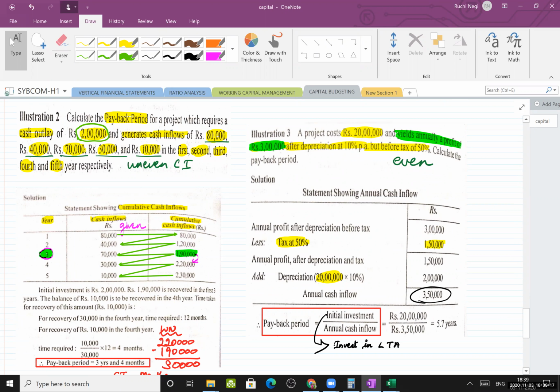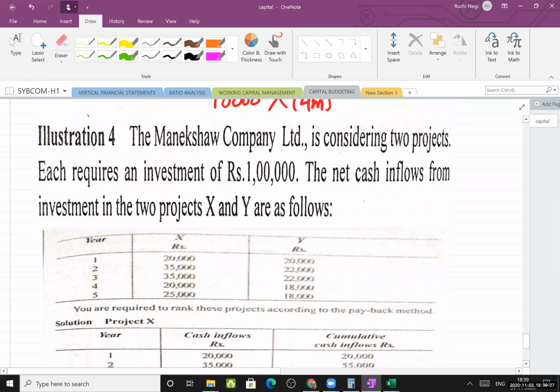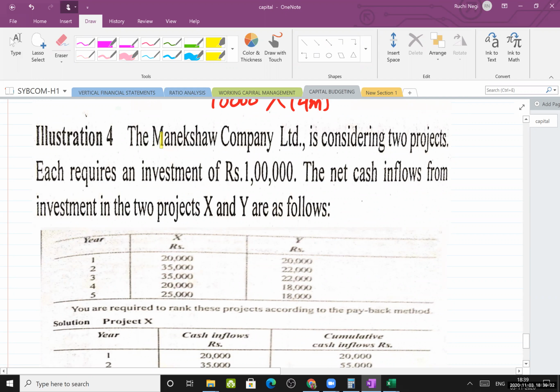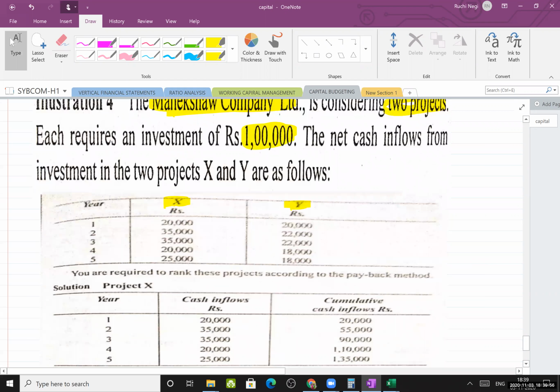Now just look into this question. Manik Shaw Company Limited is considering 2 projects. कौन से projects हैं उनके पास? Project X and Project Y. Each requires an investment of 1 lakh. तो दोनों में investment same है, तभी तो consider हो रहा है ना, options देख रहे हैं which is the better option. Obviously, whenever you are comparing, the investment in the projects has to be